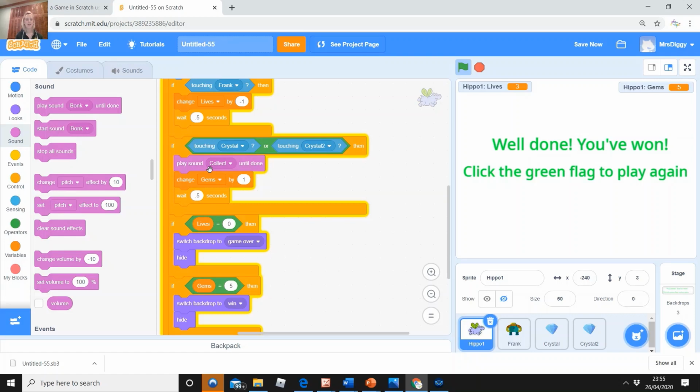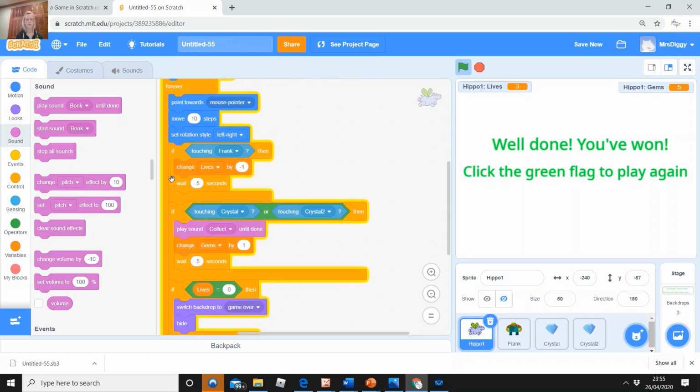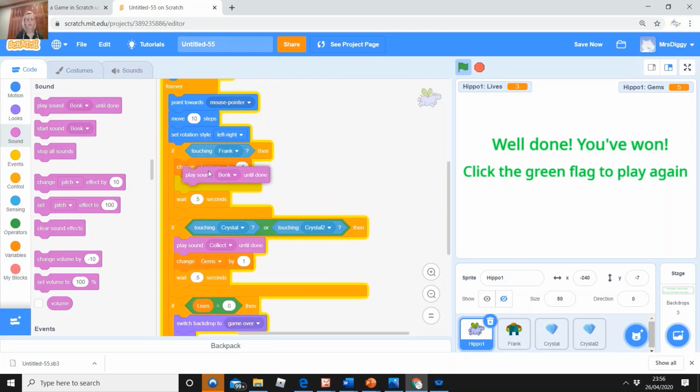And then I'm going to put the bonk sound where it says if touching Frank. So just scroll until you see that part. Here it was, if touching Frank. And I'm going to say play sound, then play sound bonk until done, and change the lives by -1 and wait 0.5 seconds. Okay, so all of those things are going to happen in that statement. So if touching Frank triggers 3 things to happen. If I touch Frank, I get a sound, my lives change, and then it waits for a short amount